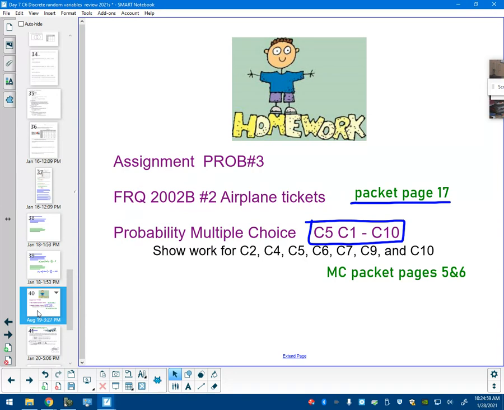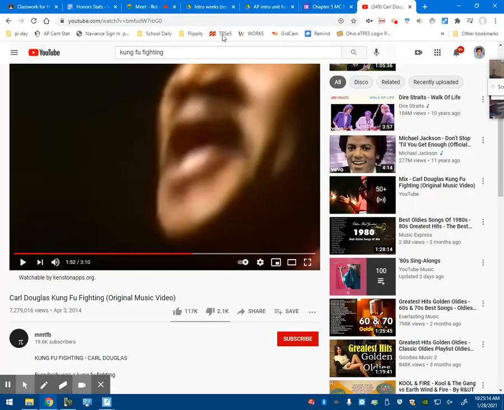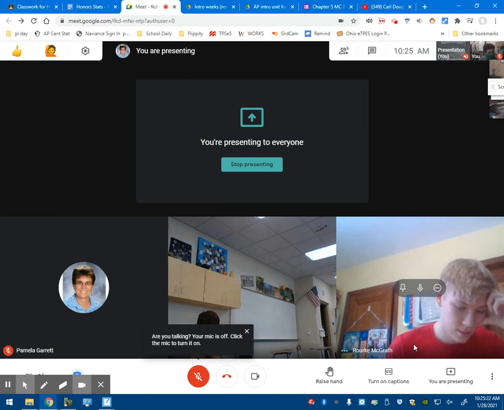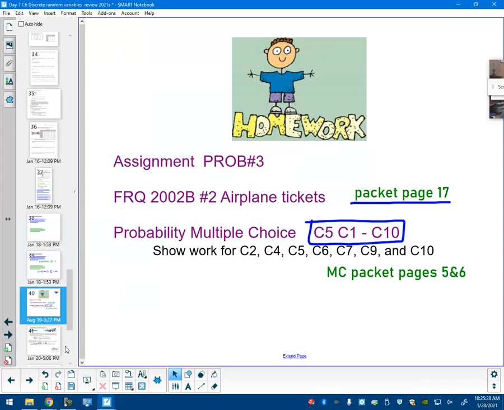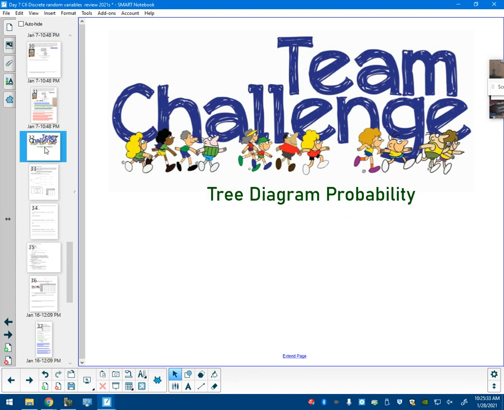Once you get the tree done, it's easy peasy. And I'm going to turn this off so we don't have to listen to them, because then you'll get the answers. Oh, Mrs. Garrett. Plus, they can hear us if I leave it on, so I will turn that off too. Should we spy on them? Yeah. There's Rourke. I'm just kidding. We're not going to spy on them. All right. And I'm going to stop the recording because